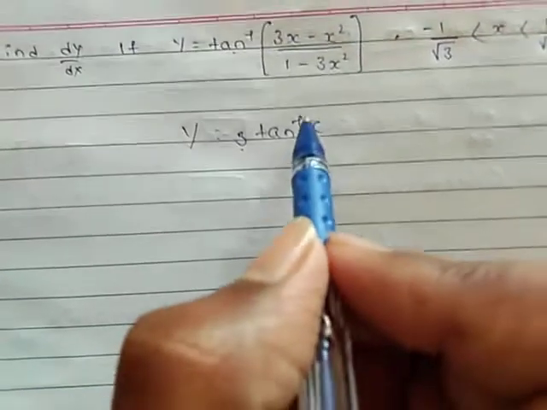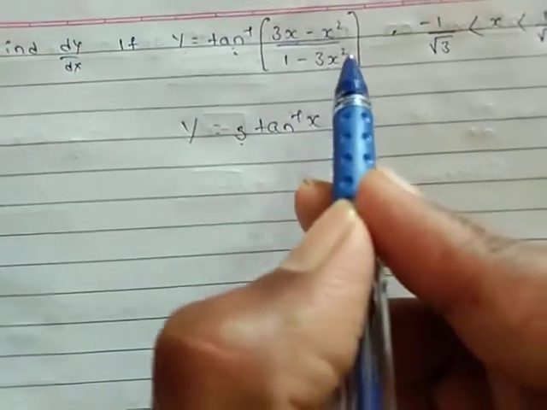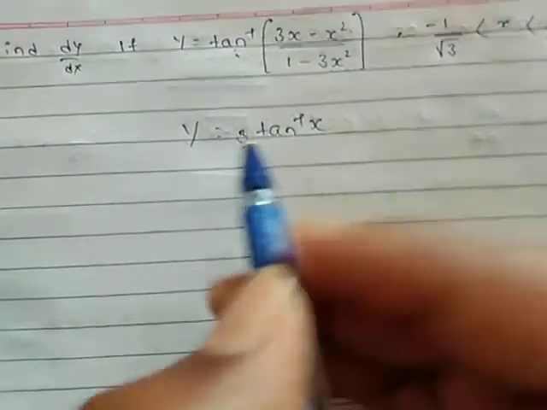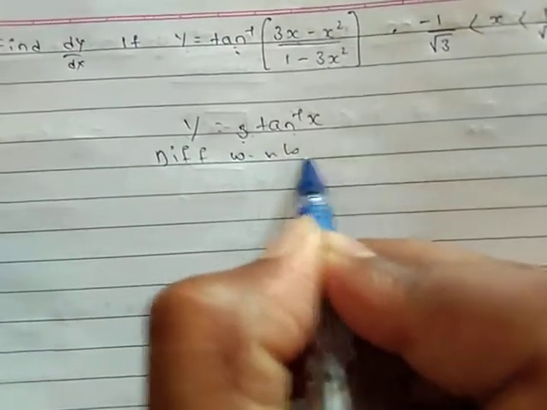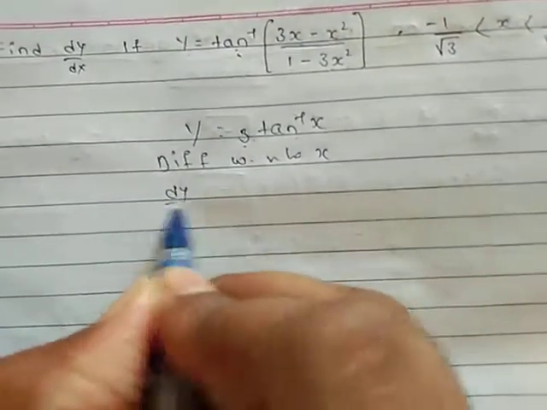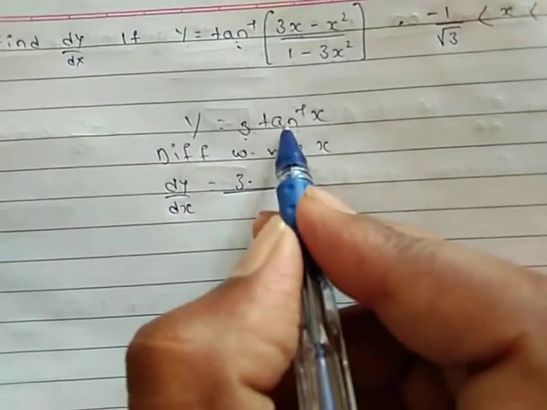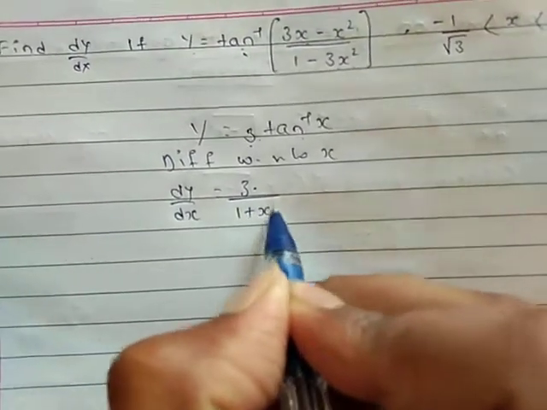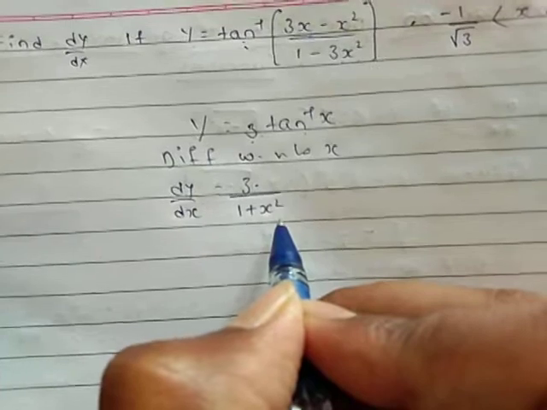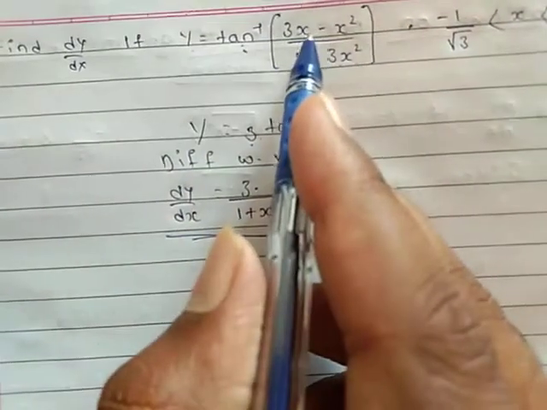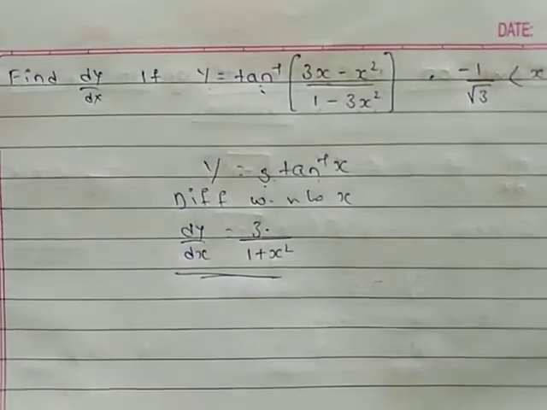So by using those identities, we can say that the tan inverse of (3x minus x cubed) divided by (1 minus 3x square) can be replaced by 3 into tan inverse x. So now we are applying the differentiation here. Differentiation with respect to what? With respect to x. So we are getting dy by dx is equal to, so 3 remains constant. The derivative of tan inverse x is nothing but 1 divided by 1 plus x square. So 1 into 3 is nothing but 3 divided by 1 plus x square, which is the required derivative of tan inverse of (3x minus x cubed) divided by (1 minus 3x square). So pause the video to note it down.